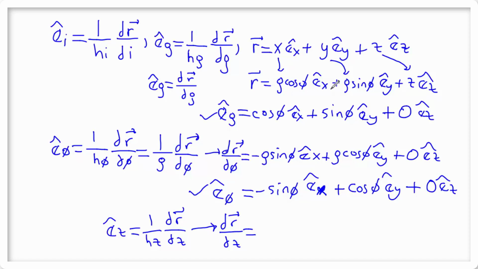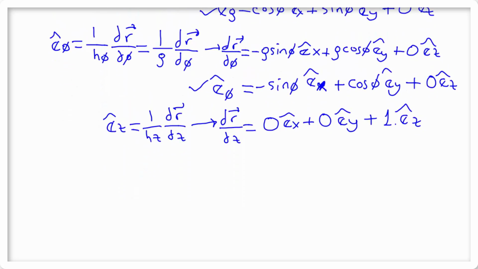What is dr over dz? I focus on r again. Here only the third term is connected to z. The others are not connected to z. So does that come to 0 times ex plus 0 times ey? What's the derivative of z? 1 times ez. Now guys,